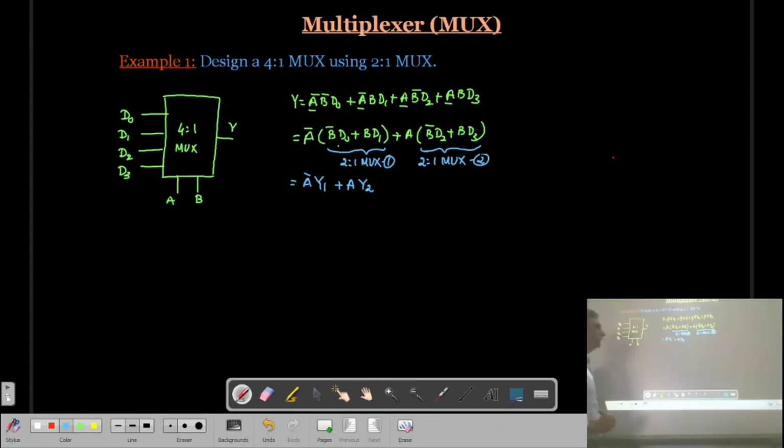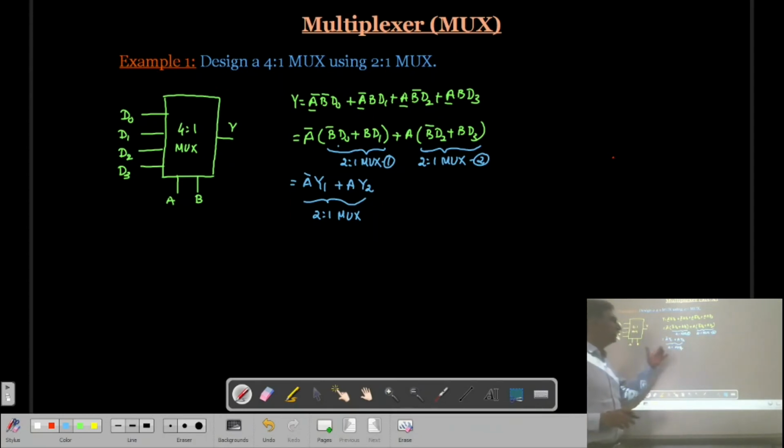So here we can write this as A bar Y1 plus A Y2, and this represents one more 2-to-1 multiplexer, which has input lines Y1 and Y2, and A is the selection line. Correct? So in this way you can use three 2-to-1 multiplexers to prepare a 4-to-1 multiplexer.